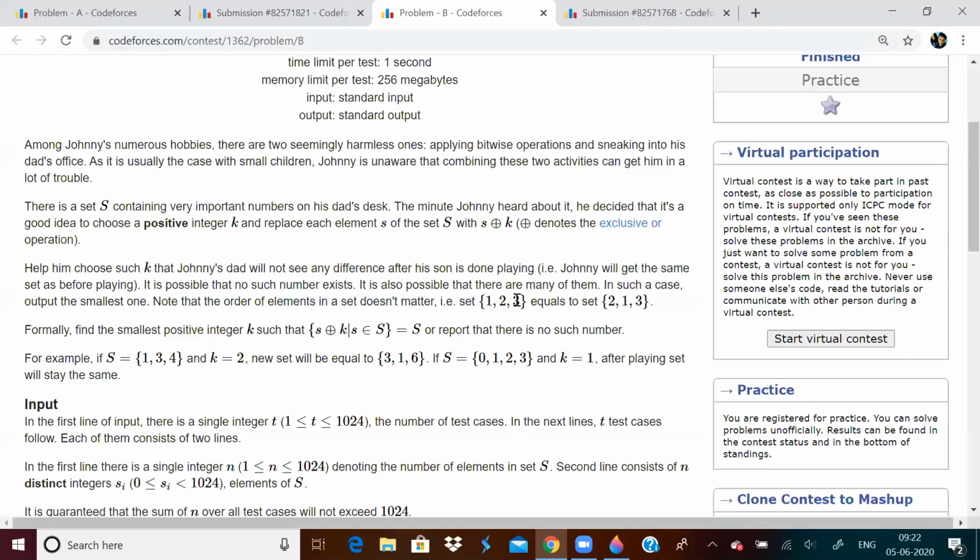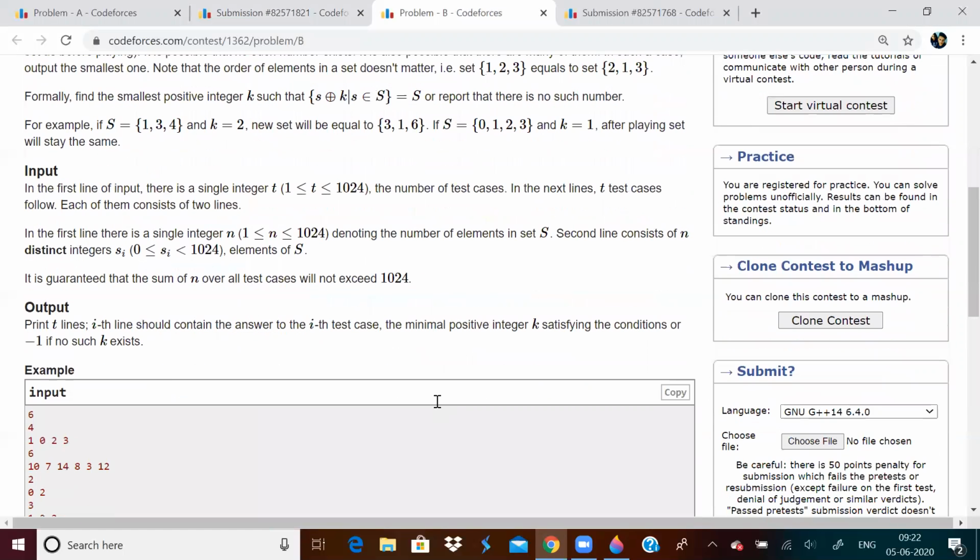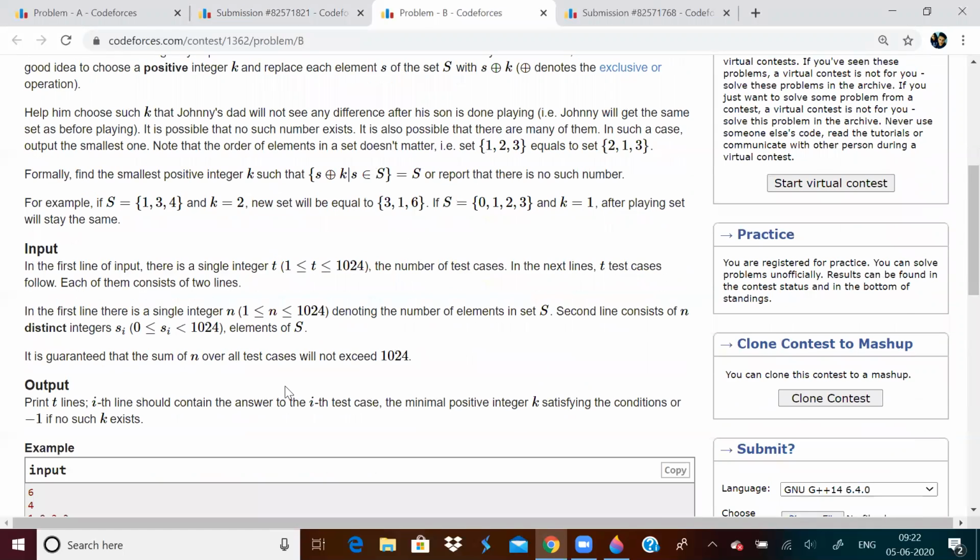For example, if the set is 1, 2, 3, is there an element K such that if I XOR each and every element, I will get back the same set 2, 1, 3. Can I do that? See, looking at the constraints itself, you can say that you can directly use brute force method.